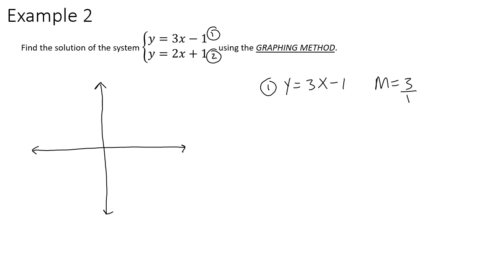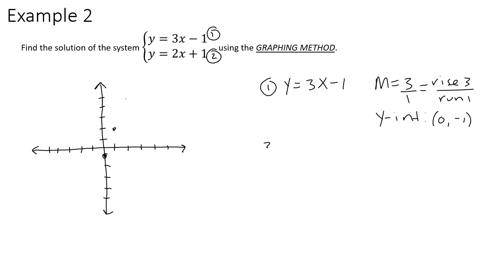So I'm going to rise 3, run 1, and it has a y-intercept of -1. So to graph that, I start with the y-intercept. Let me get some points on here. All right, so I start with the y-intercept over 0, down 1. And now I'm going to rise 3, run 1. Rise 3, run 1. All right, so I can do more points if I need to, but for right now,